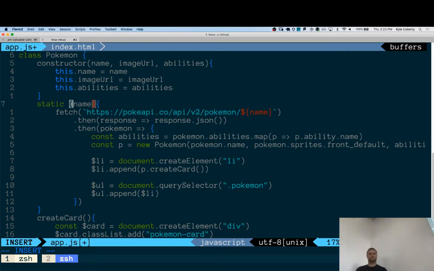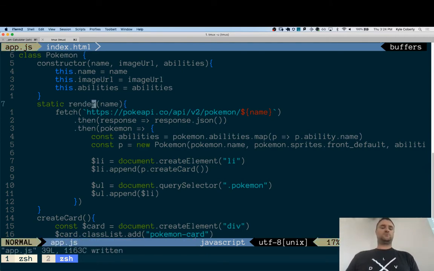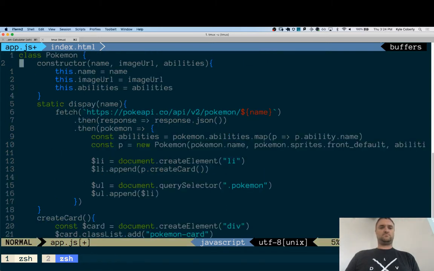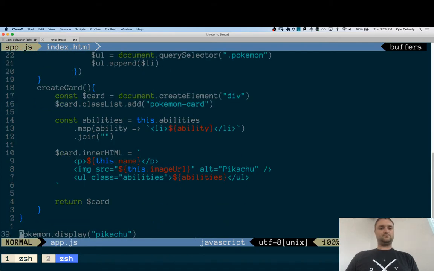Display Pokemon? Sure. Display. I guess I'd probably say render. Yeah, display. Display's good. I could display, I think. Okay. And then